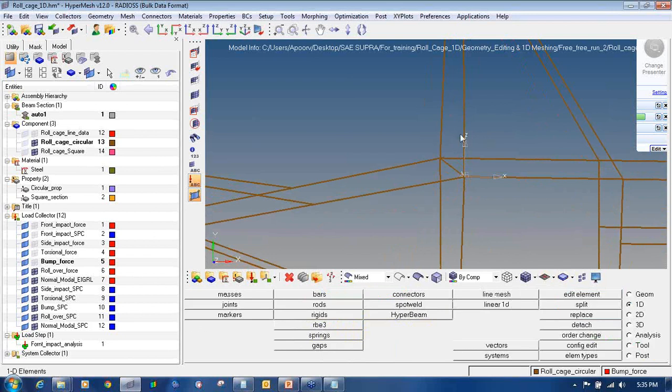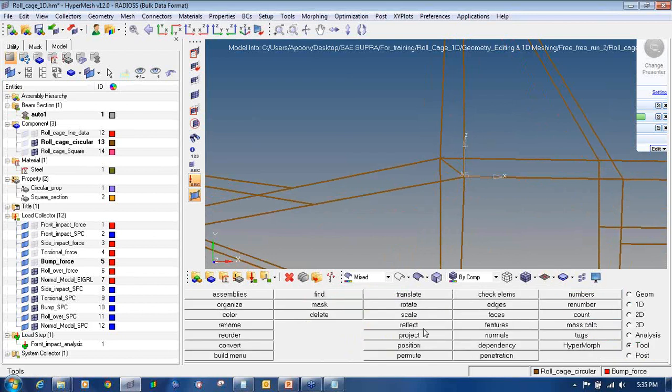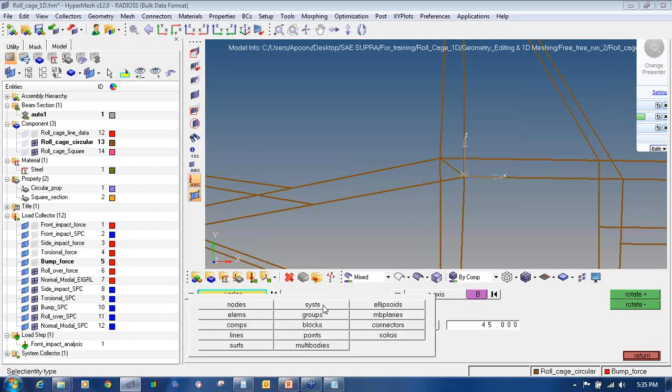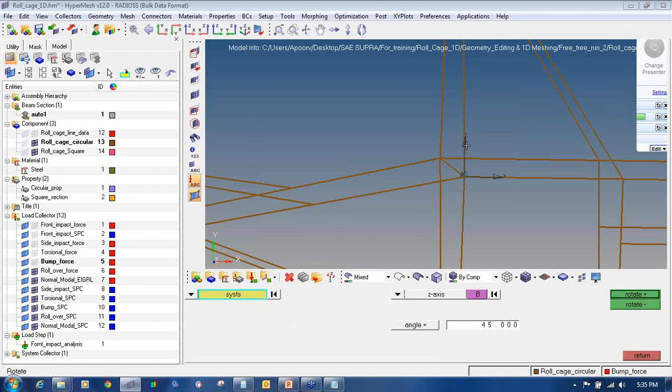So I will revolve this to 45 degrees. To rotate this local coordinate system to 45 degrees, go to the tools page and click on rotate. From the drop box, select systems. By default it comes as nodes, so you have to click on the drop box and select SYSTS, that is systems.